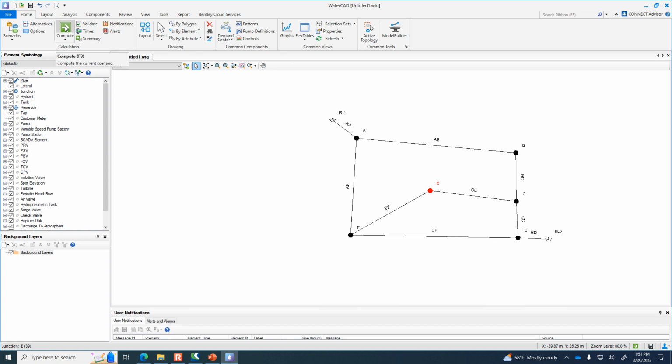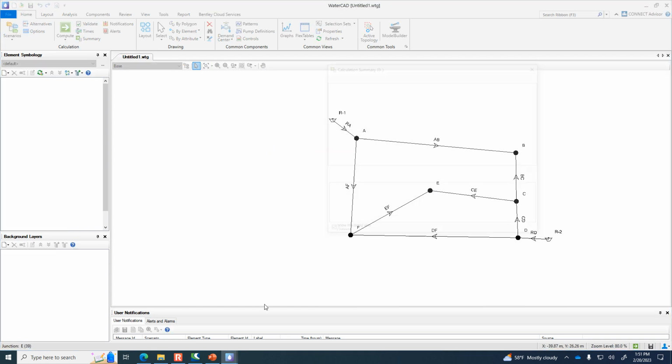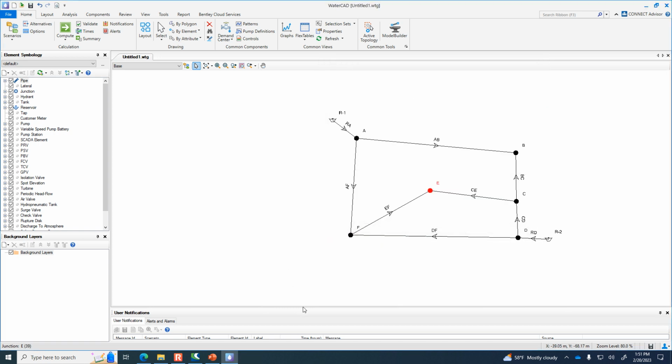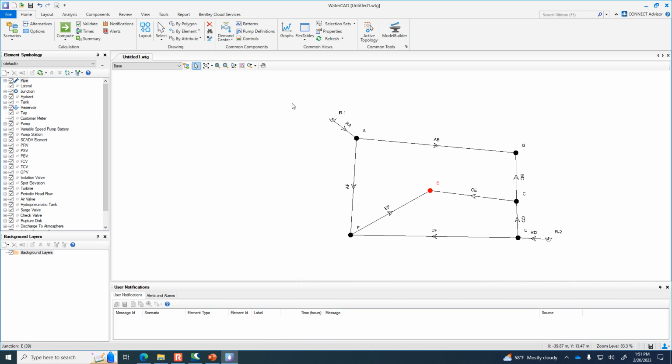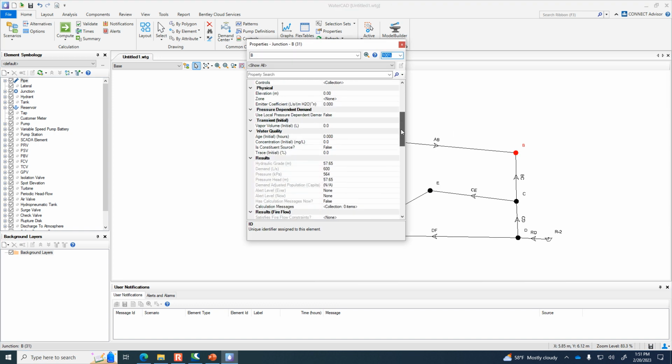So I'm going to click this green arrow at the top, compute, and it's going to crunch some numbers. I may get some warnings down at the bottom. Let's see. No error messages. And we can double click on any of these junctions. So for example, we can double click on junction B, and it will give you the pressure at that location.